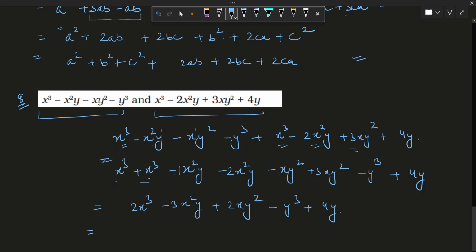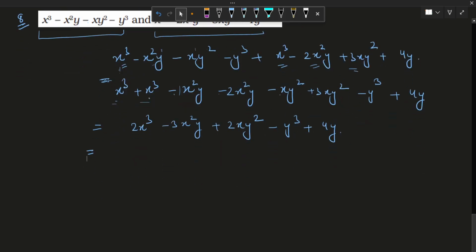As I told you, in the standard form, how do we write? We take the highest powers first, so minus y cube. This way I will write it down, so that's the answer you got here. It's a polynomial. Again, its degree will be what? Degree is 3. All the powers here come out to be 3. If you add these two also, 3 and 3, this is 1, so the highest is 3, so the degree is 3 over here. Clear? So I hope the addition is clear to you.